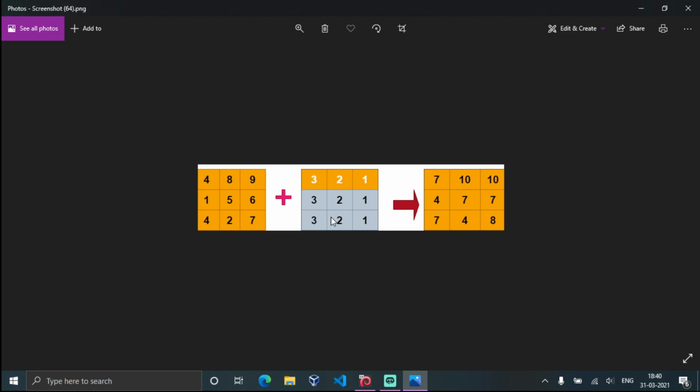Hi guys, in this video we are going to discuss how to do array broadcasting. Array broadcasting is nothing but doing arithmetic operations on two matrices which have different orders. See here, you can see that there are two different types of matrices. One is of order 3 by 3 and another one is of order 1 by 3.